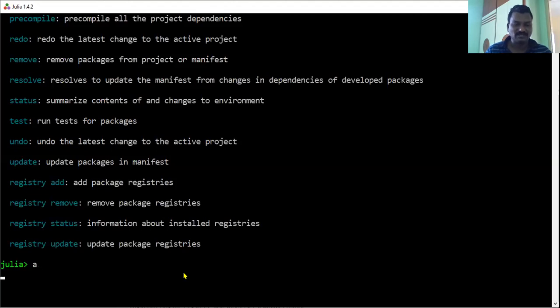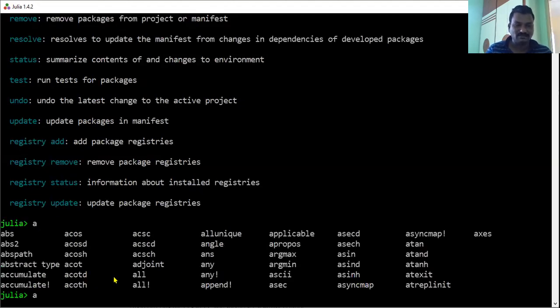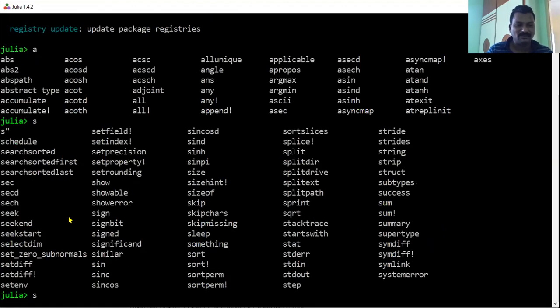Write a and press tab two times, then it displays abs functions and some of the methods related to a. In this way, you will perform it.